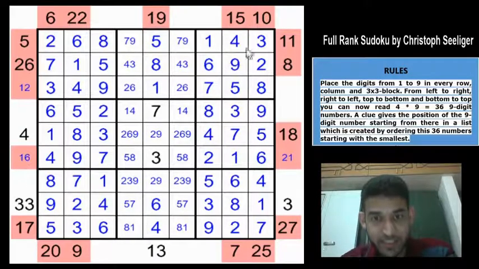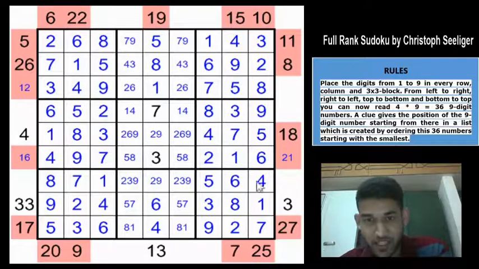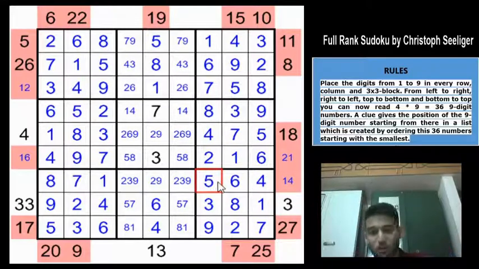Because we already have the 16, we also have the 15, we have the 13. So 14 must be in this direction. So which means this must be a 14, right? And it is 4, 6 and 5. Wow, what a direction, guys.